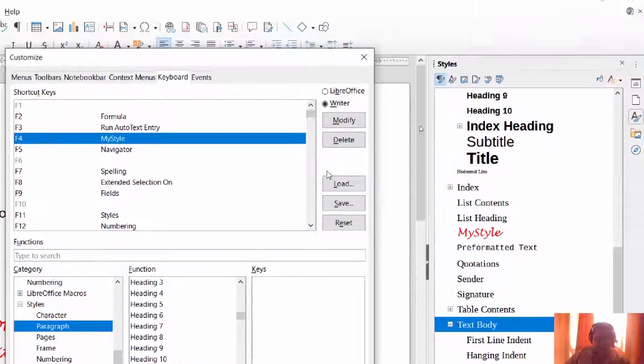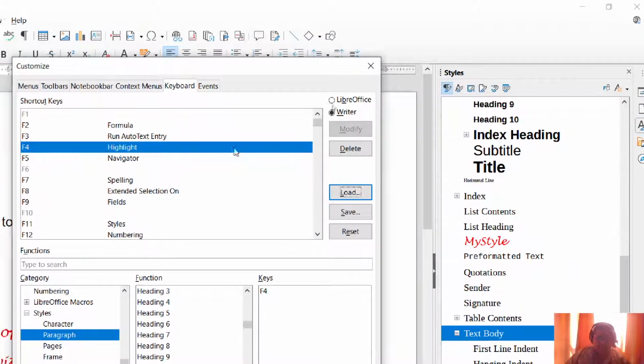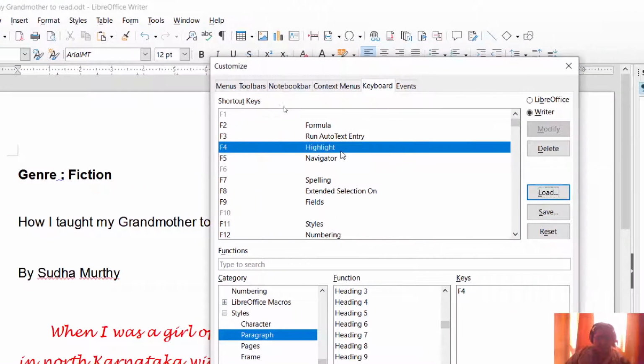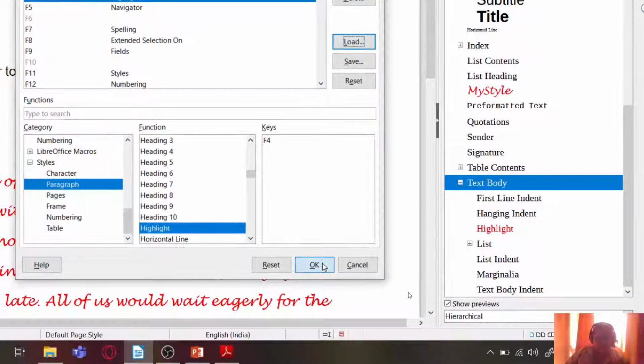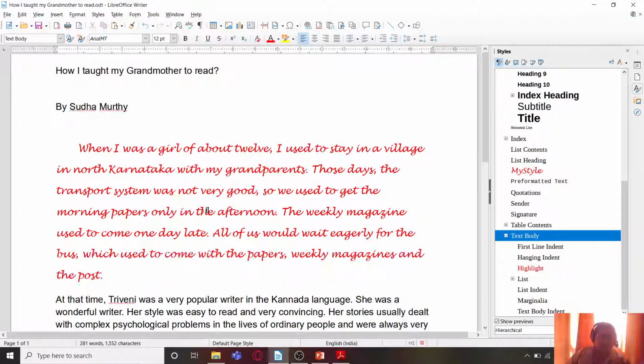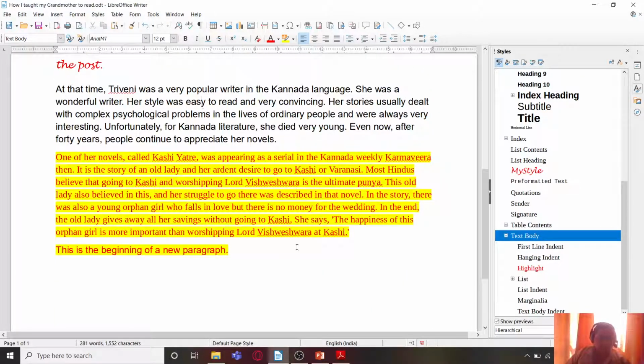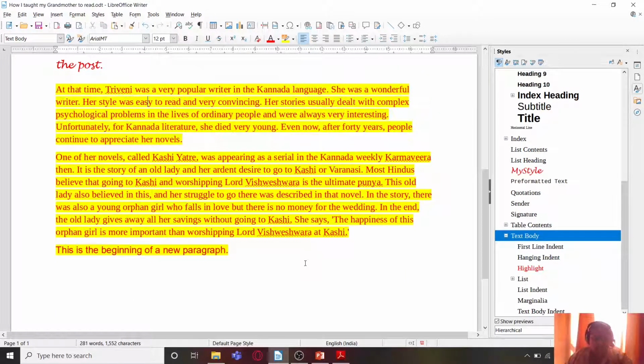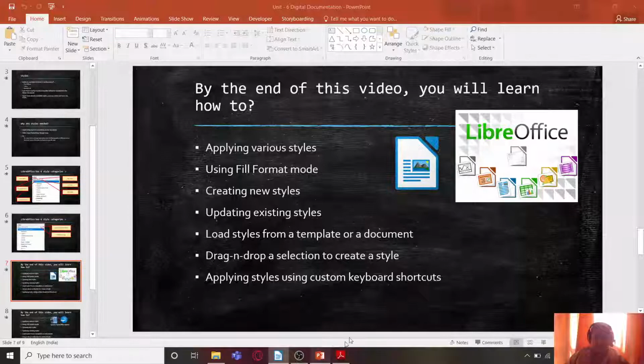So click on this and click on Modify. So the F4 key has been assigned to Highlight now, such that whenever I select a particular paragraph, like I selected this paragraph, and press the F4 key from the keyboard, that style is applied on it. So this was how we can create new styles, apply the styles, load styles, and update them in LibreOffice Writer.